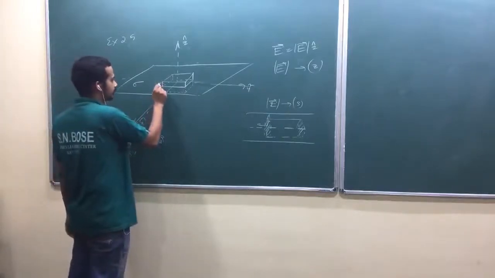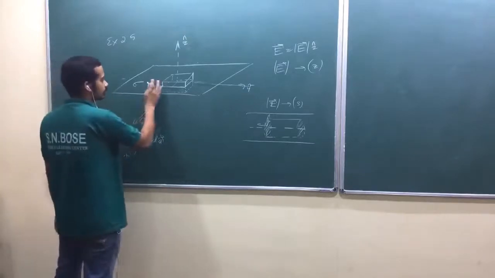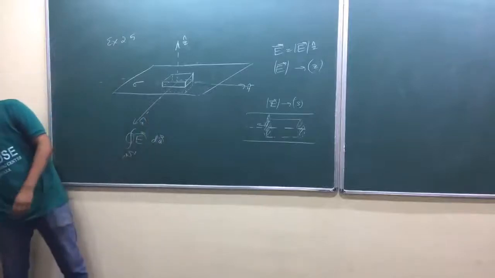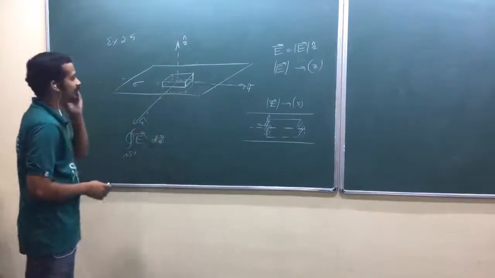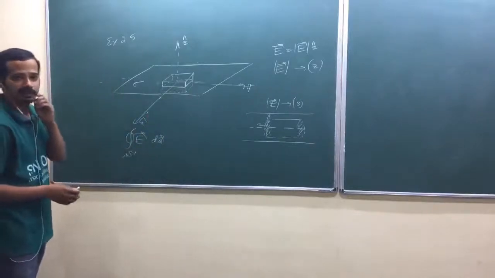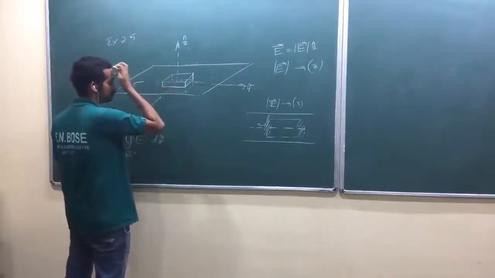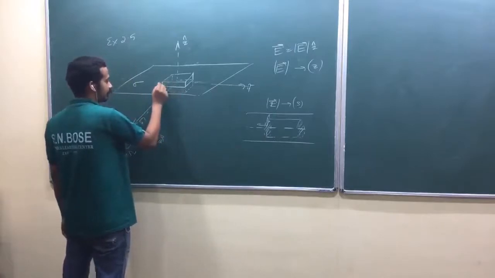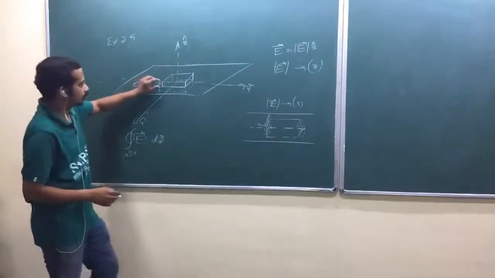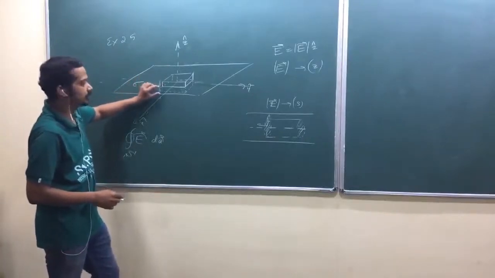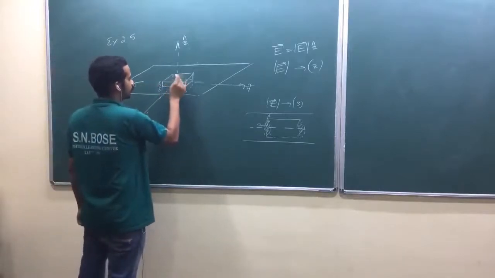Suppose I take epsilon here. Okay, epsilon, delta, everything is used already. What should I use? Delta, let me take it like that. Is that okay? So the width of this surface just above is delta, and the width of the surface just below is delta. The area of this surface is A.